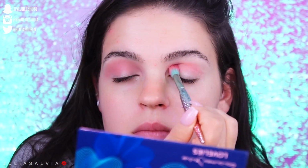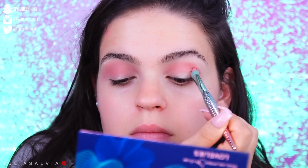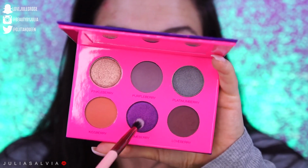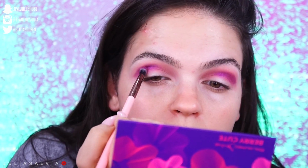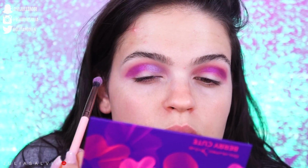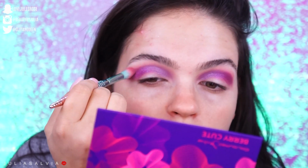We're jumping into some Colored Rain. We're using a lot of Colored Rain products for the eyes. We have these two palettes right here, this blue and this purple. I blended kind of like a purpley taupe color in our crease, and then I'm taking a dark shimmery purple to the outer crease, and then jumping into my Amanda Steele and ColourPop collection ColourPop shadow and putting that on